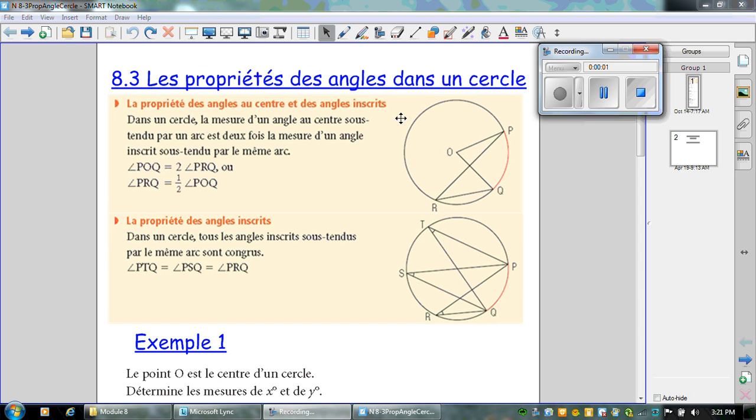Different angles and circles. There are two angles that we're going to look at, angles that are in the center. So this is an angle that's in the center. And we are going to look at angles that are inscribed. The first thing we're going to see is that the angles that are in the center